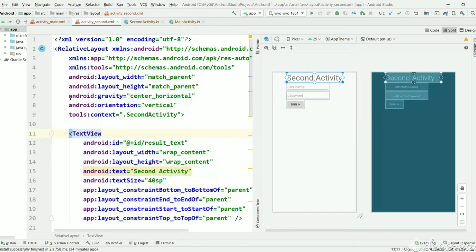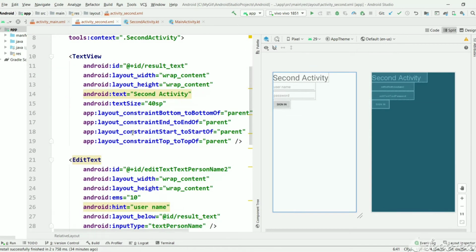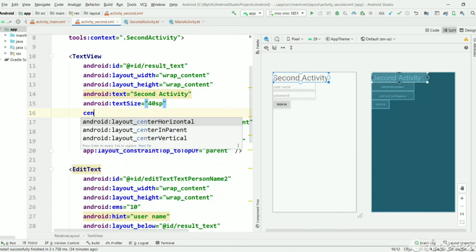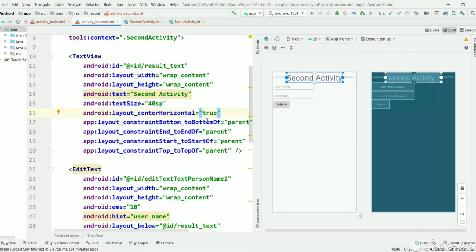So let's remove this gravity here, and add an attribute for every view inside. Layout center horizontal, if you mention it true, then that view will be centered. As you can see, this text view came to the center.